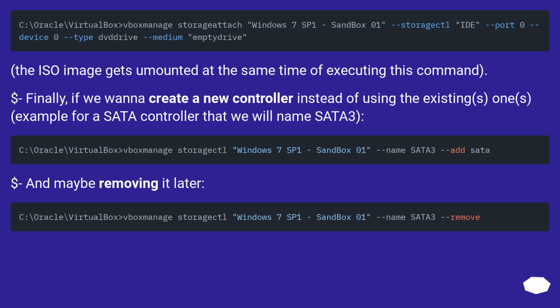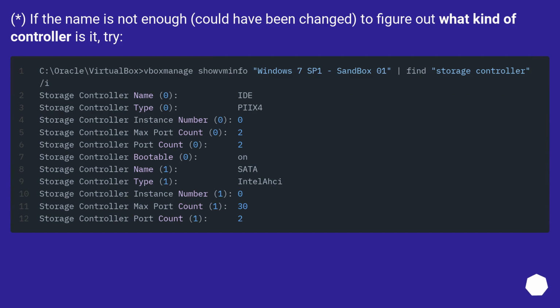Finally, if we want to create a new controller instead of using the existing ones, for example a SATA controller that we will name SATA 3, and maybe removing it later. If the name is not enough, as it could have been changed, to figure out what kind of controller it is, try: